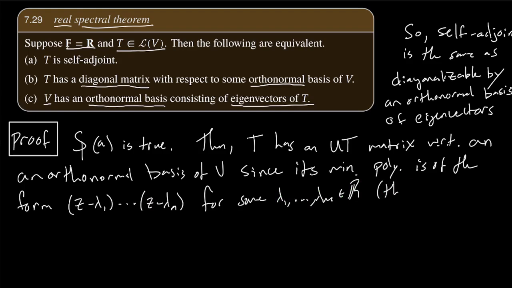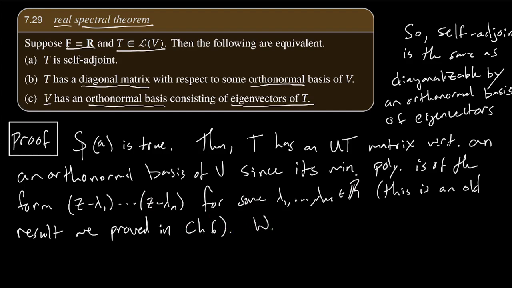If you don't recall, this is an old result we proved in chapter 6. With regard to this basis, the matrix of T is upper triangular,